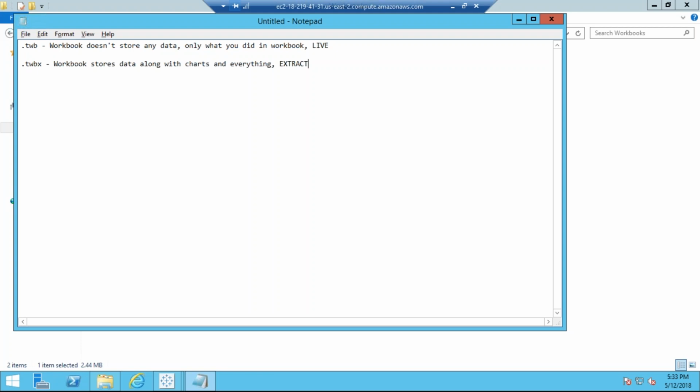But normally, why will you share files? You have to show the reports directly online, on the web. If you're working in a team of 4 or 5 members, you can share the TWB files. Let's suppose we are both in the same team, in different locations. You are working on something and realize it is not working, so you ask me to help. I'll share the TWB file with everything I have done, and you can access the data from that particular database.